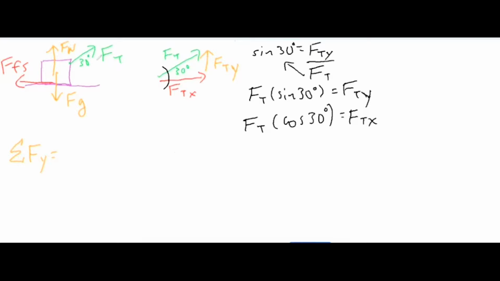We have the normal force, and then we have this force over here, which we call the Fty. So we have two positive ones because they're both upwards. We'll say the normal force and the Fty are my combined forces in the positive upwards direction. And if you subtract Fg in the negative downwards direction, that would equal 0. We can safely assume that it's 0 because there is no motion in the vertical direction, therefore there is no